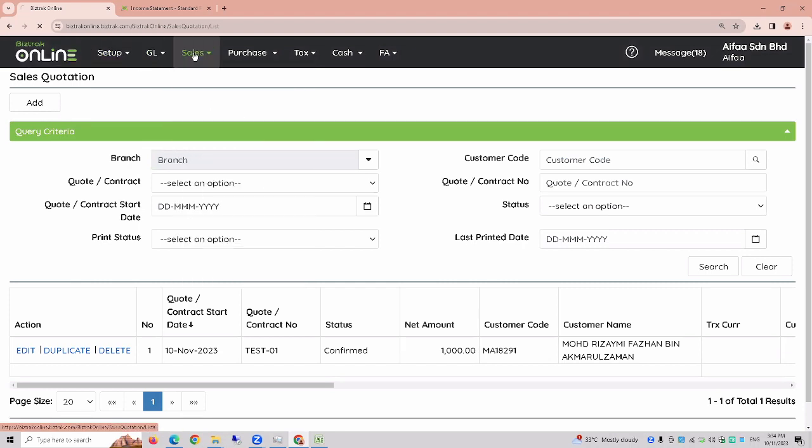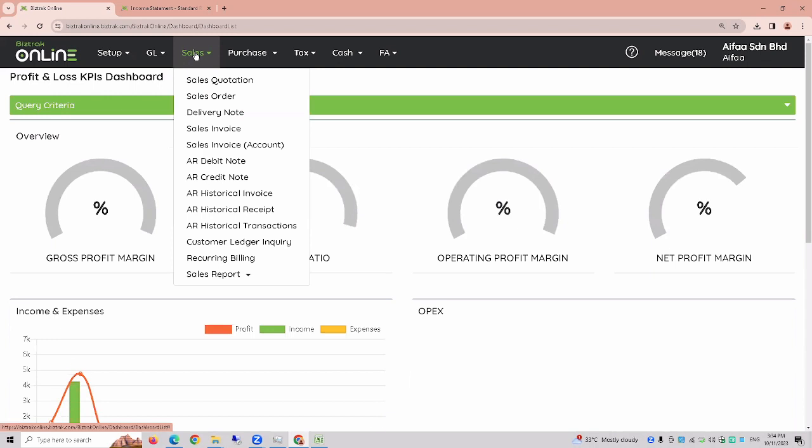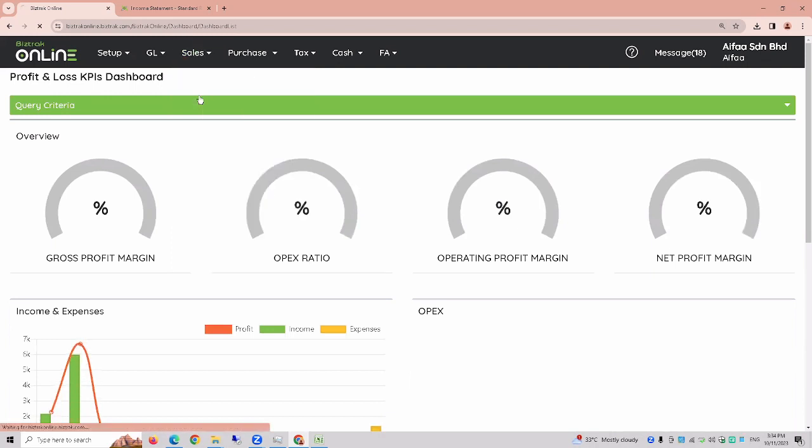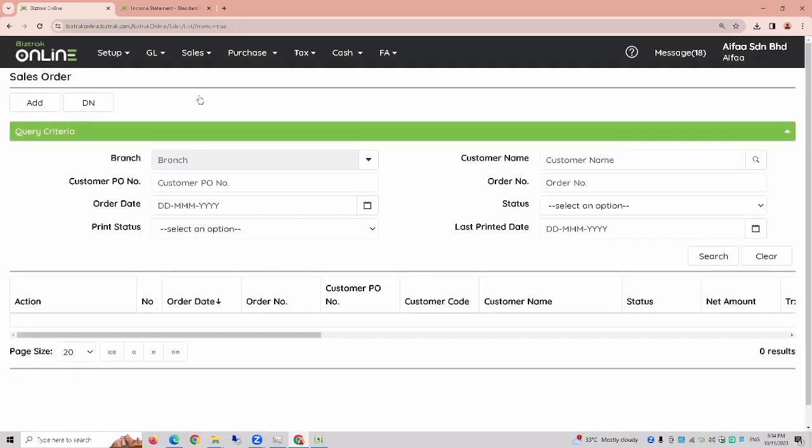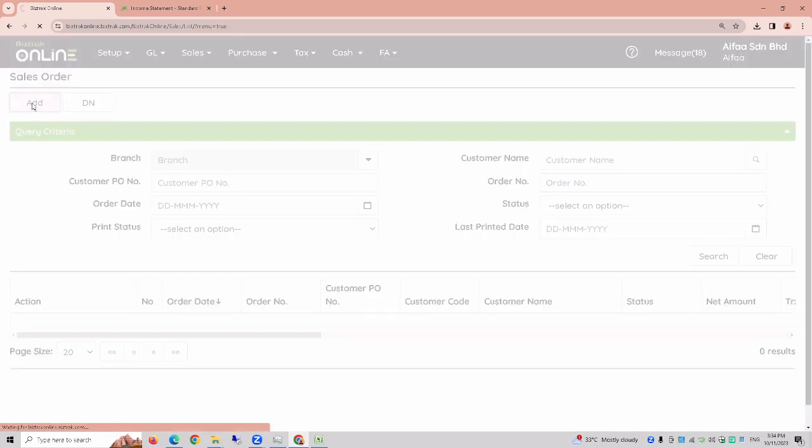Okay, so we go to the sales, we can click sales and then we click at the sales order. And then as I mentioned to you, if you want to create the sales order without any linkage with sales quotation, just click the add button here and then